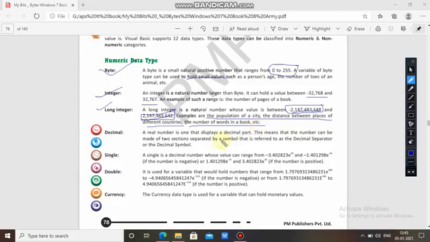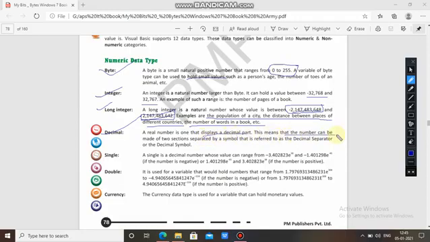Now the next one is decimal. A real number is one that displays a decimal part.